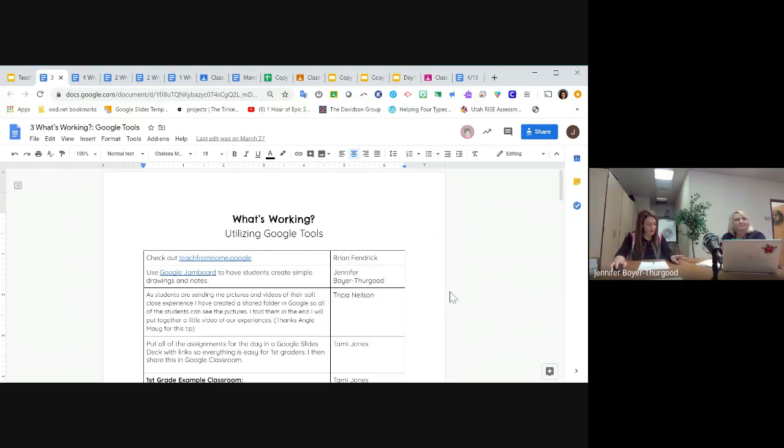So let me give you a couple of examples. We now have Google Meets, which we're utilizing right now, which is amazing, right? It has replaced another product that we used to use. And now Google Meets does that. And so, of course, we've switched to using Google Meets for meetings like this.